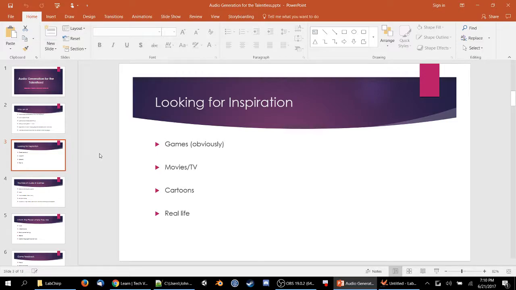A good place to look for inspiration is of course games. I mean, games are the obvious answer, but also movies and TV. For example, the sound in movies and television is meant to elicit an emotional response, to communicate something to you. And if it's done well, generally you don't notice it. You're not going to notice how the music suddenly swelled.